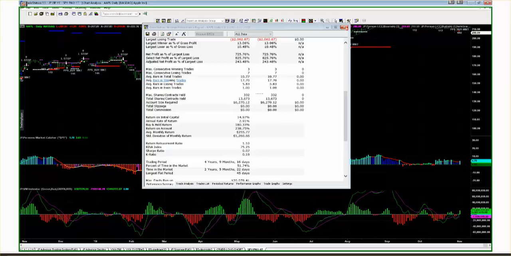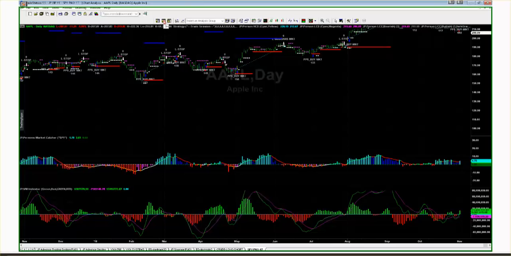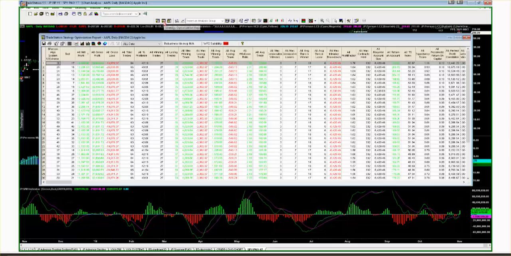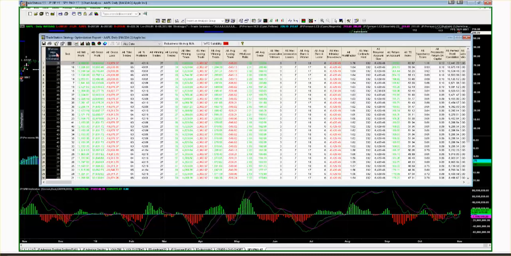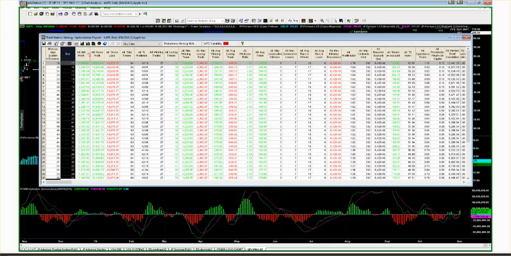Now, when we just ran that optimization, if you notice up here, you have a strategy optimization report tab. It's next to the $ sign. If you click on that, you will notice that your person Algo optimized all these different settings. And you can see what the best, we asked for the most profitable one.